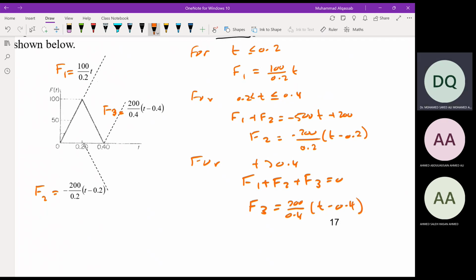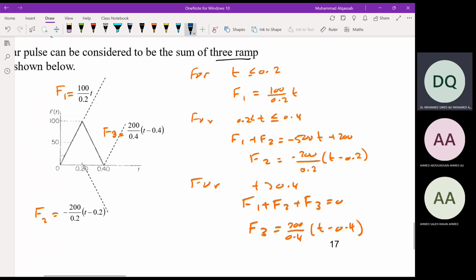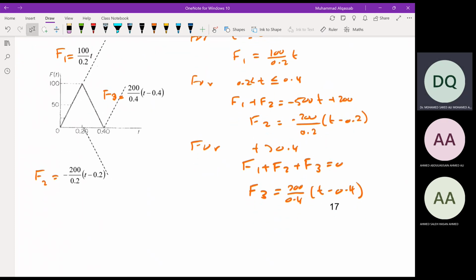The reason we make it in this form, f0 over t1 times (t minus t1), is to make it ready to find the response. So this is all ramp. Then you find x1 due to f1, you find x2 due to f2, and you find x3 due to f3,